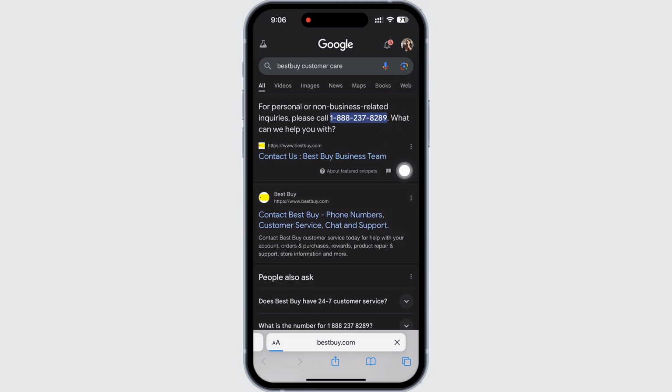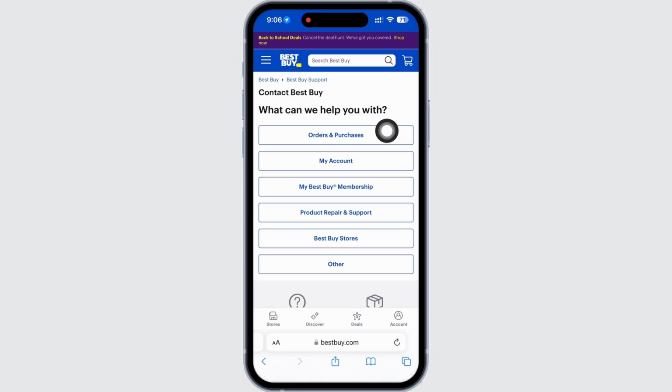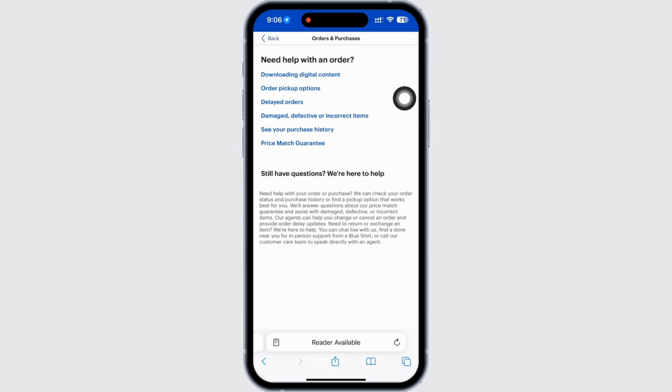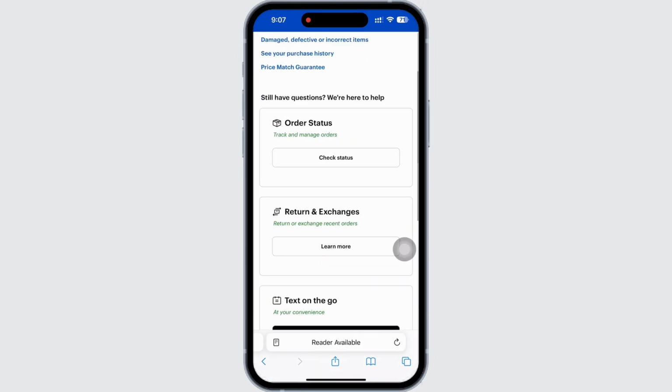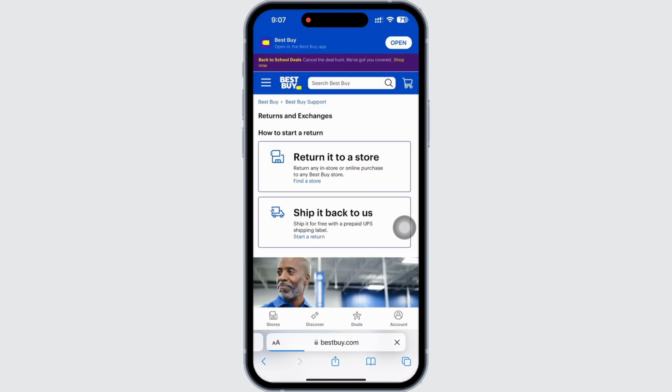You will now see the Orders and Purchases option. Tap on that and further tap on the Learn More option under the Return and Exchanges tab. You will then see two options, that is, return it to a store or ship it back to Best Buy. Simply look for the cancel button in the order details page, and the first option is to return your item